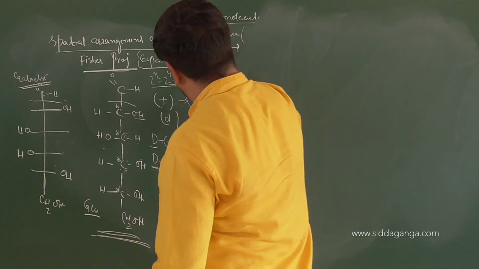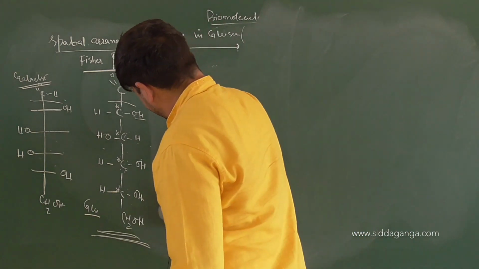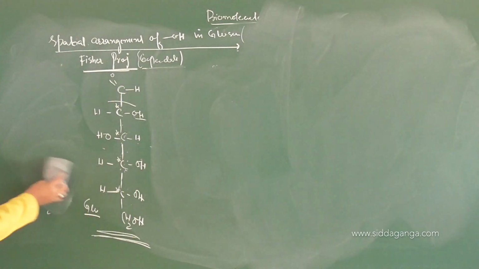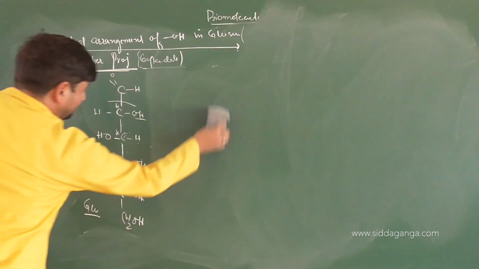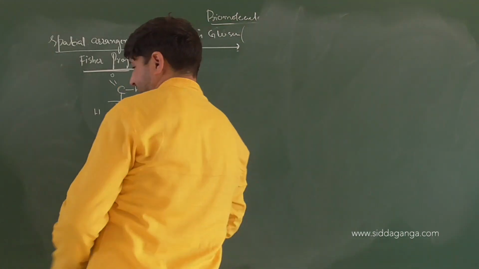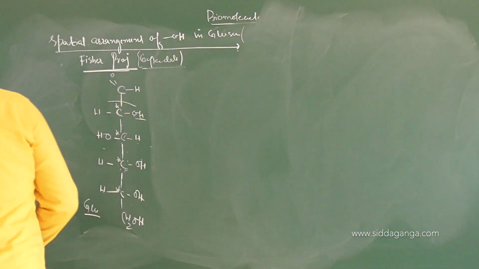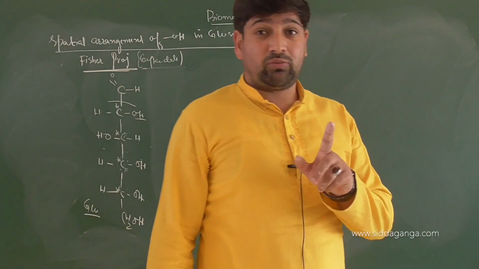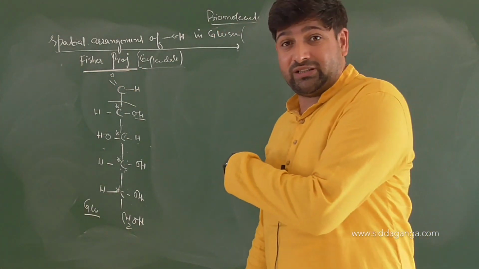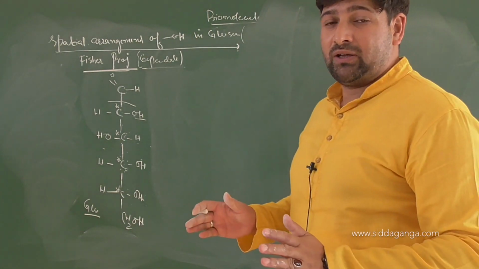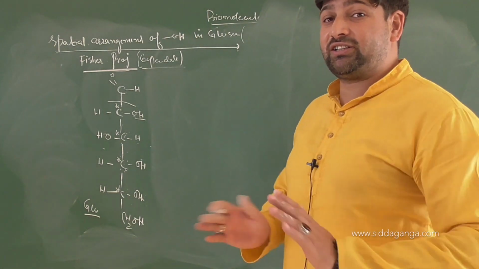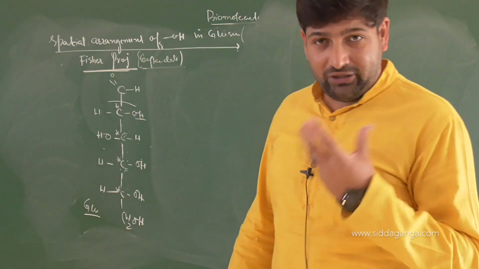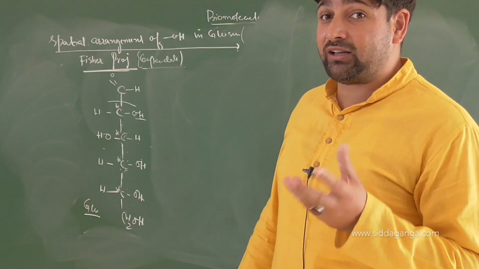I'll keep the glucose as such, and I'm going to remove this epimers. So epimers along any other carbon atom, when there is a difference in the relative position of any other carbon atom except carbon number 1. That carbon number 1 I am going to mention in some time. In an open structure and in a closed structure, there is a difference between epimers and anomers. In ring cyclization, anomers are epimers.